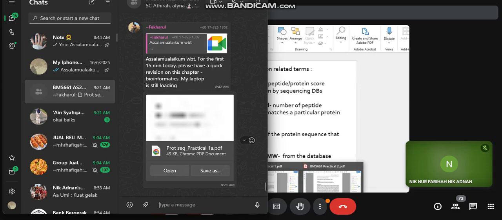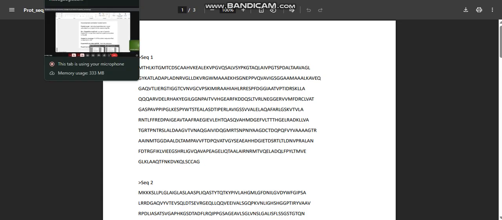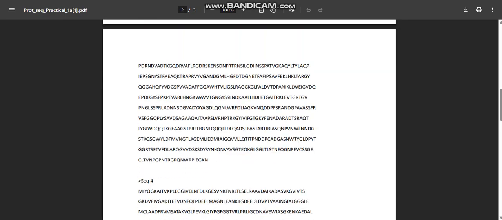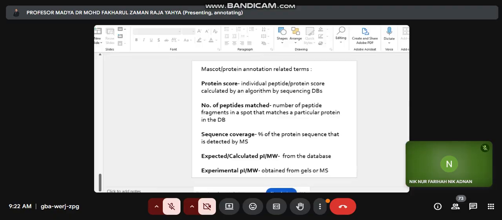As shown in the file I shared in our group, there are 5 protein sequences, and I did not put any names so that at the beginning we do not know the function or the origin of these proteins. So by using bioinformatic tools, especially in the practical one,